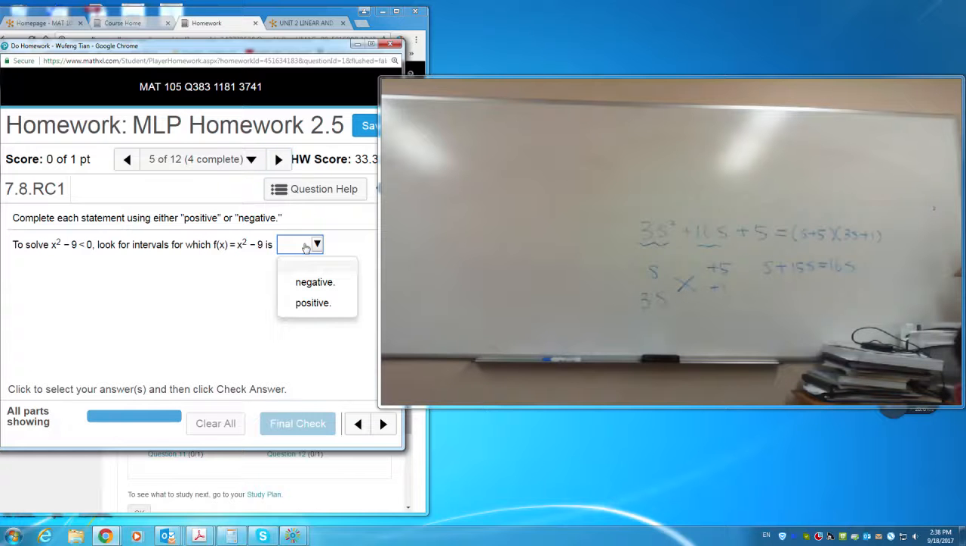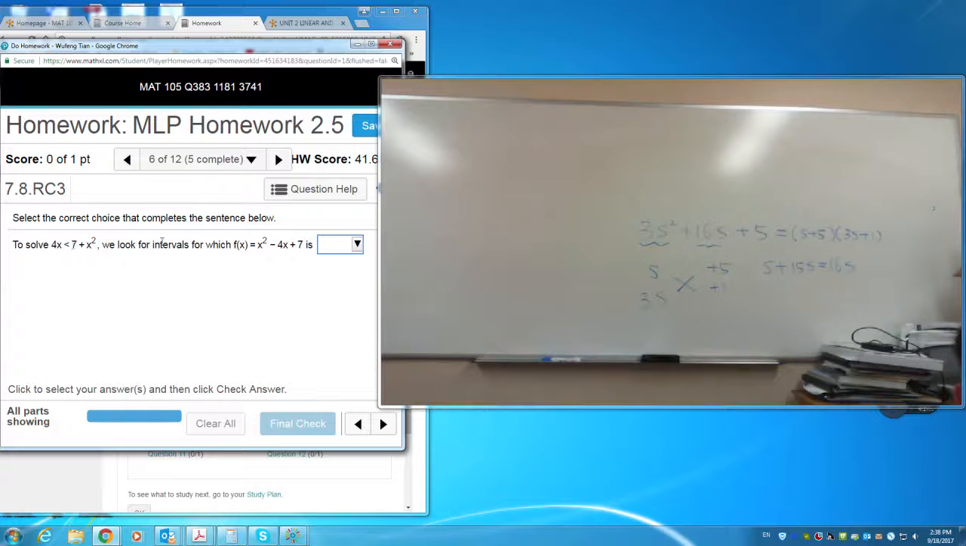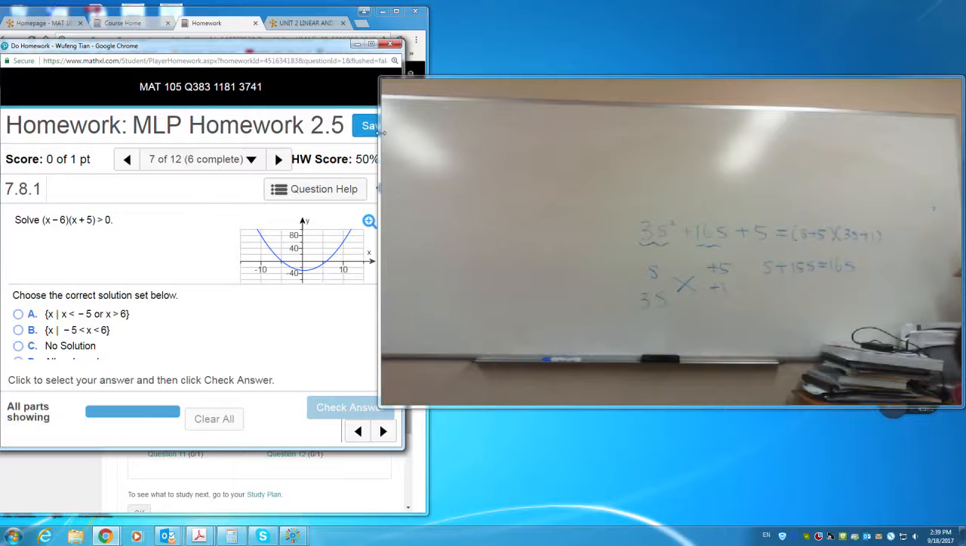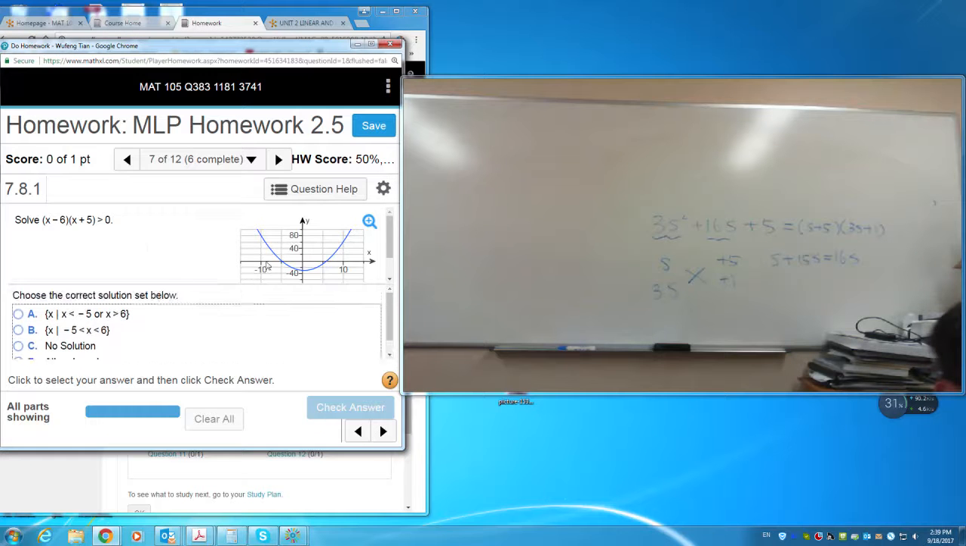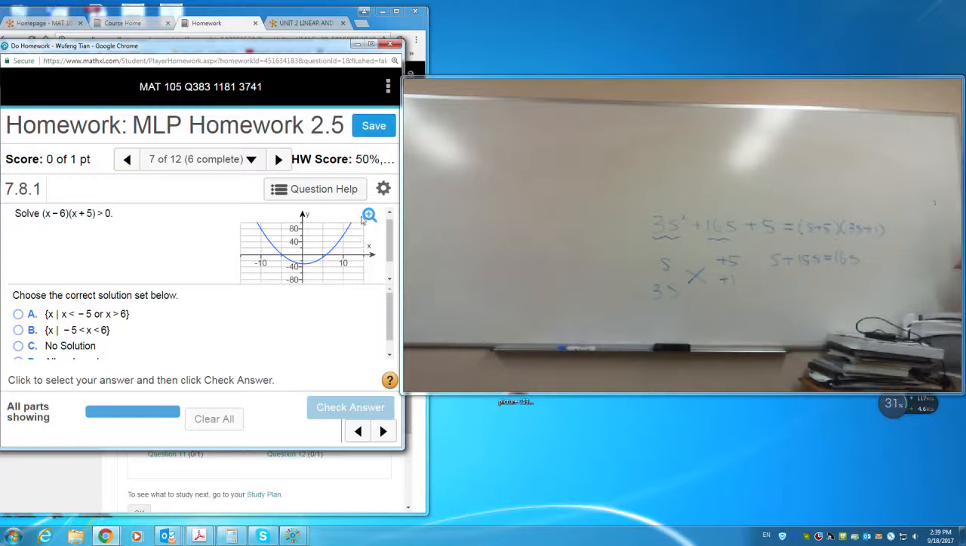Number 5. x squared minus 9 is less than 0, which is negative. To solve this, we look for intervals. Subtract 4x from both sides. You get x squared minus 4x plus 7 bigger than 0, which is positive. And solve this one. We check x minus 6 times x plus 5 is bigger than 0. Now, this is the quadratic function. So we choose the